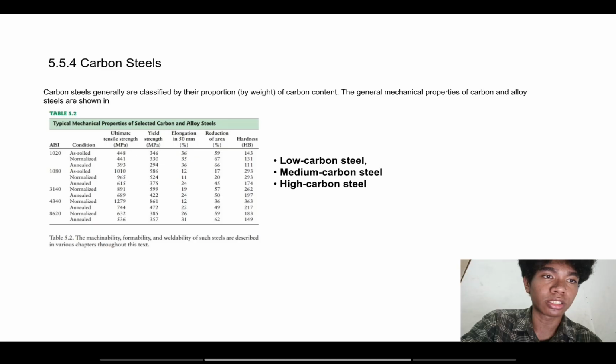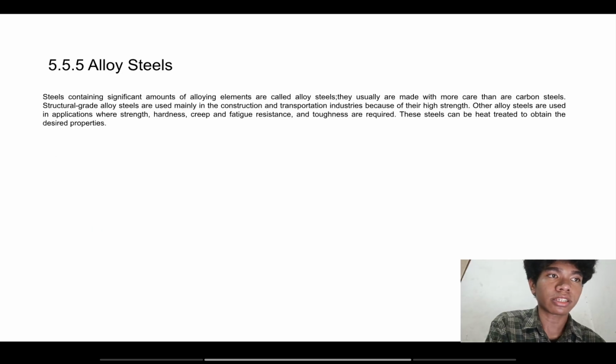The second one is medium carbon steel. Medium carbon steel has 0.3 to 0.6% carbon, so it's generally used in applications requiring higher strength than is available in low carbon steel. And the third is high carbon steel, which has more than 0.6% carbon, and it's used where strength, hardness, and wear resistance are required, such as cutting tools, cable, and so on. Next,